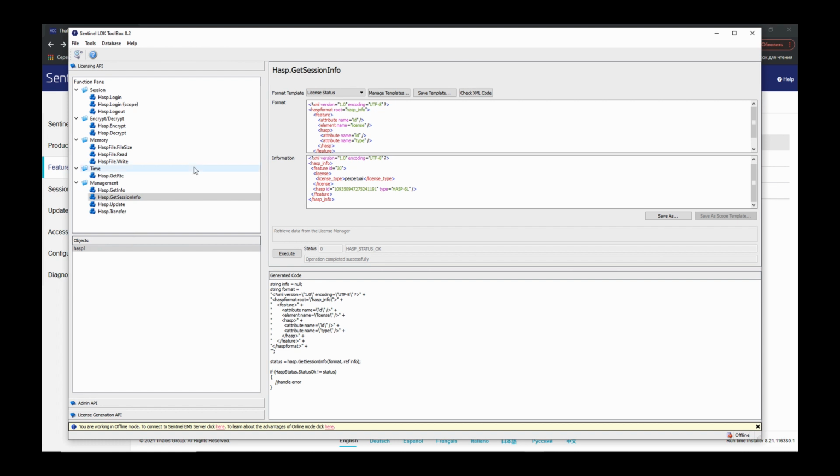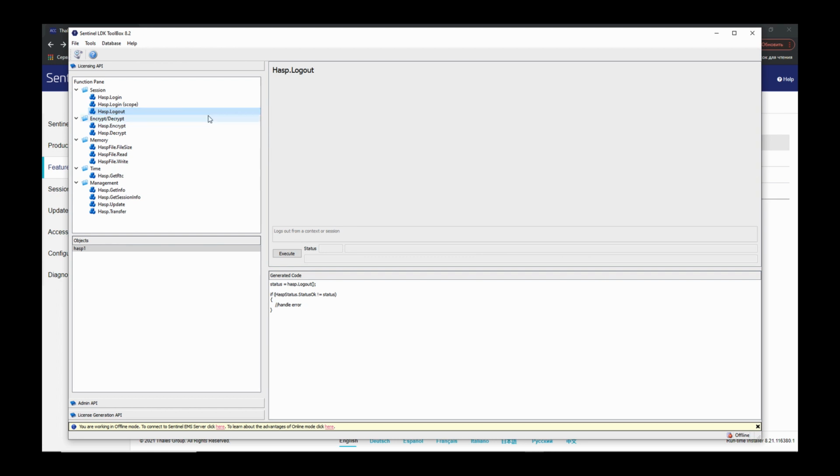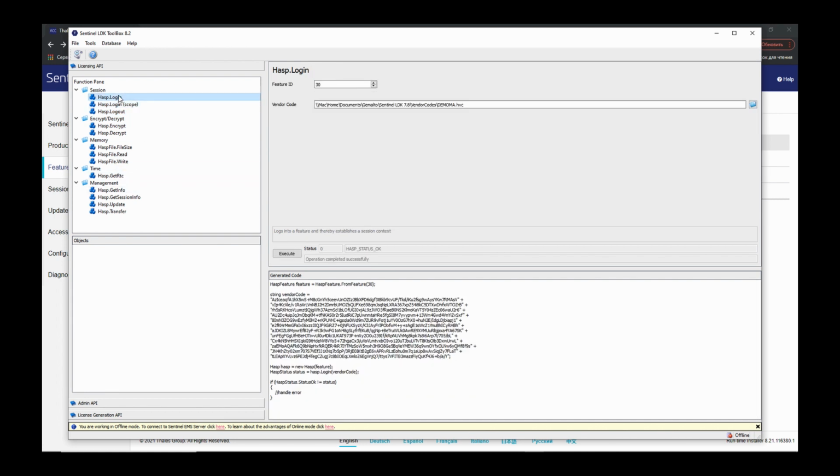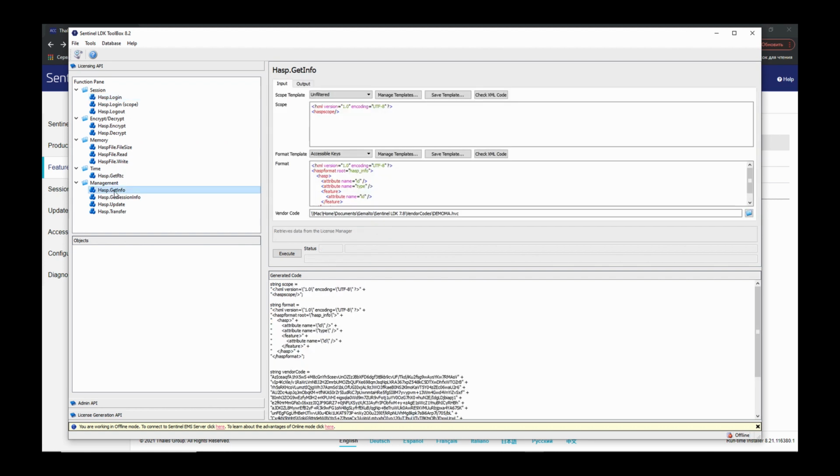If I have finished my work with my license, I need to call hasp_logout to clean up the sessions. After it, I can create a new session with a new feature or with the same feature again. Or I just want to show you the last function, hasp_get_info. It does not require hasp_login before. And with hasp_get_info, for example, you can